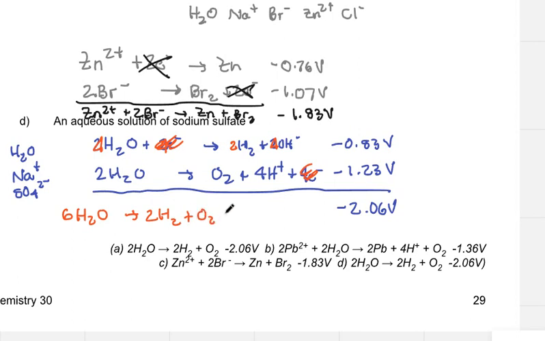We get an oxygen. And these combine to make 4H2O. And then we can erase 4 water from the right side, all of it, and 4 water from the left side, leaving 2. This is our net reaction. Water will break down into hydrogen gas and oxygen gas, and the sodium and sulfate won't